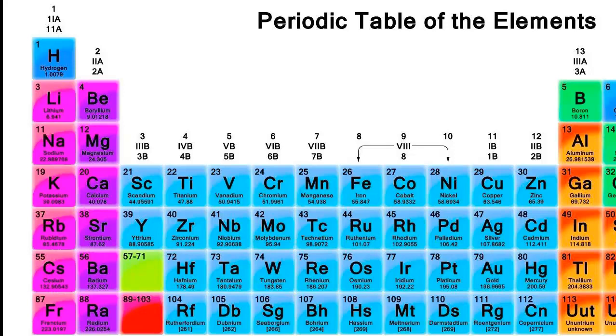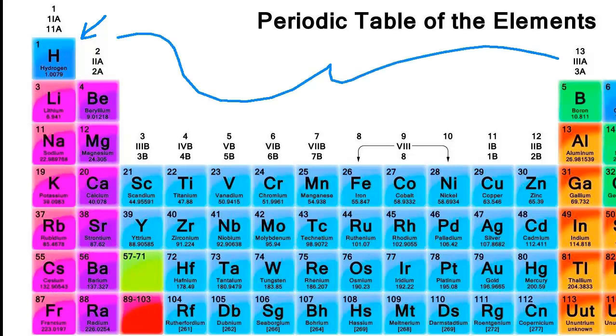If you were to take a look at this portion right here, the hydrogen in blue, and everything from there over to around this area here with boron, and even some parts of this, you can see the aluminum, the gallium that are underneath boron, those are considered metals as well. So everything in that chunk of the periodic table is going to be considered a metal,